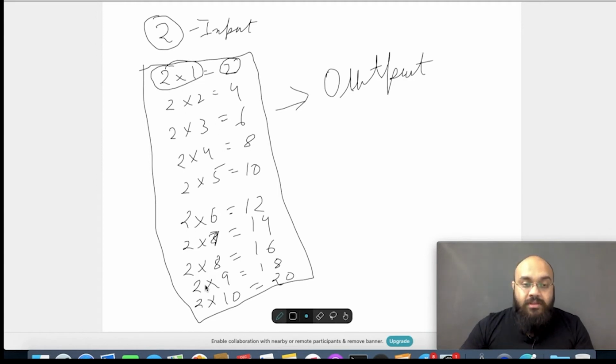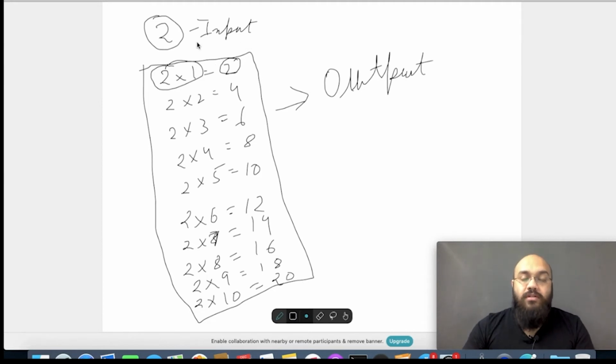Again, 2 is common. We have to execute the instruction 10 times because we are printing from 1 to 10. So in all the 10 times, 2 is common. After every execution of one line, we have to increment this number by 1. We have to multiply these two and get this output. Very simple. So this is again how you develop a logic for writing a program.